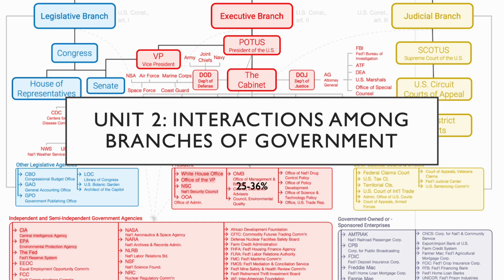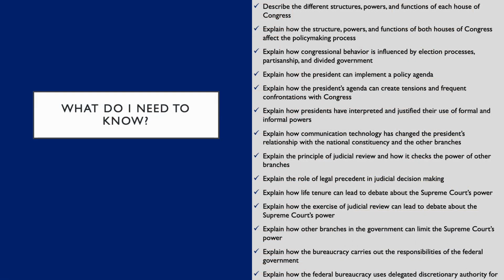So if we're looking at the AP exam CED list of things we need to know, it looks like a lot, but it can really be broken down to identifying and describing the different structure, powers, and functions of every aspect of the federal government and how they relate to each other. So, you're looking at the different houses of Congress, how the structure, powers, and functions of Congress affect the policy-making process,